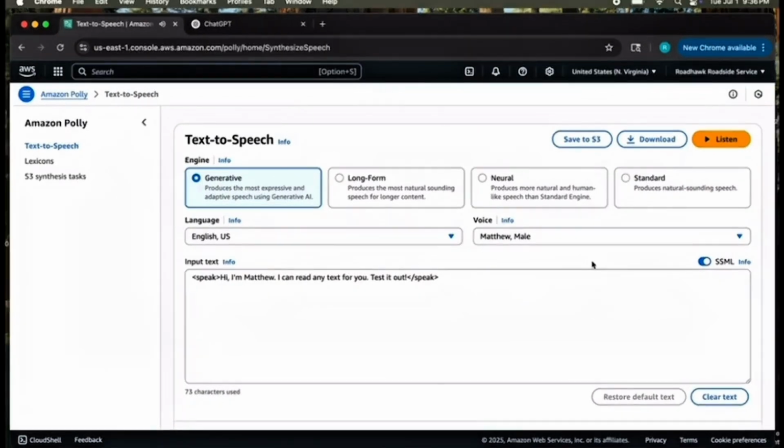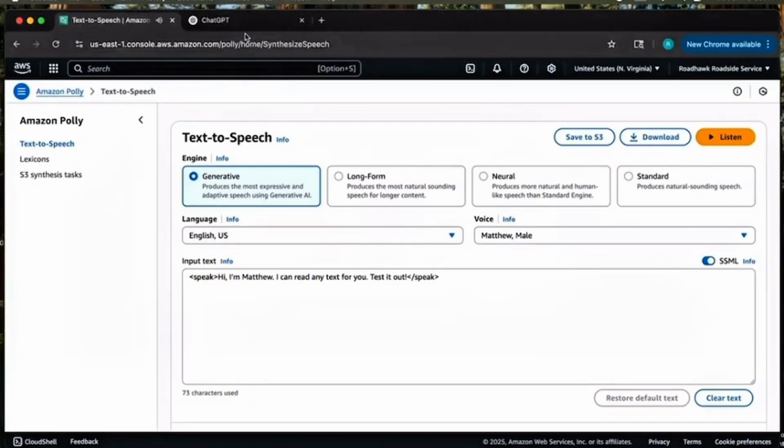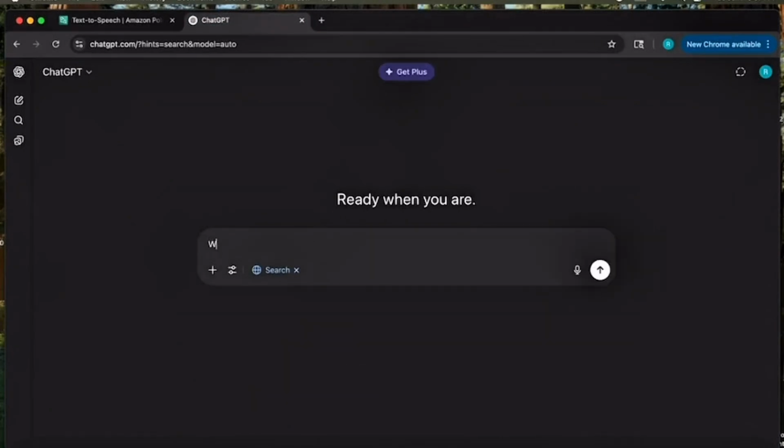At the top here, you have the listen button. This is the button that you will press to test out how the voice will sound. You also want to make sure that you have this toggled over to SSML. Okay, now that we have this together, we're going to go over to ChatGPT and we're going to write a